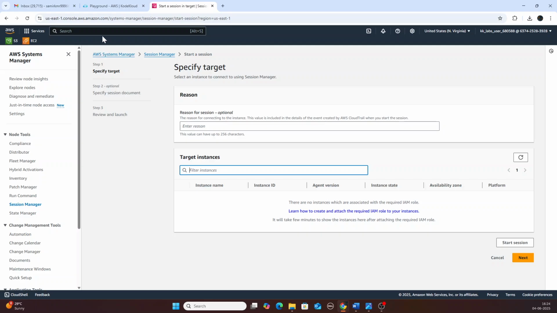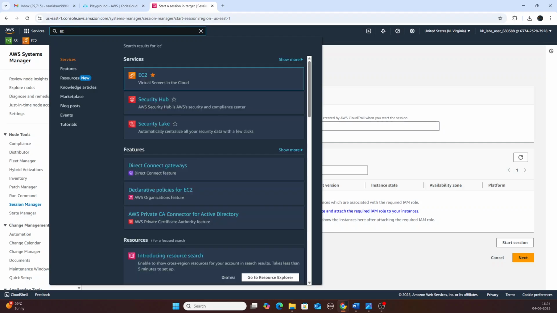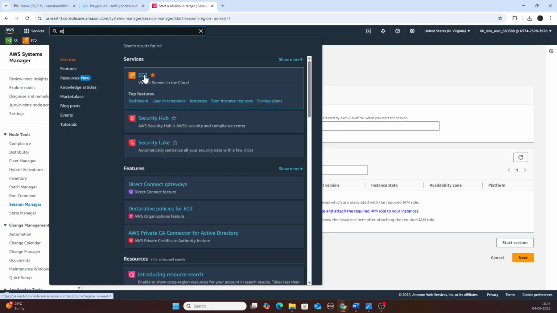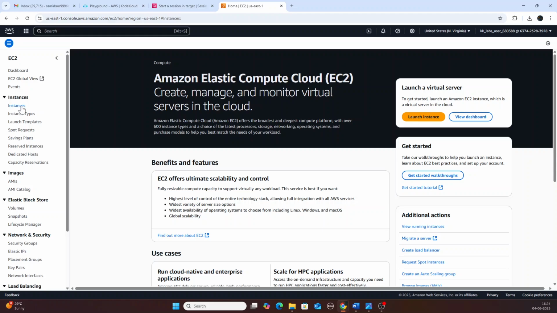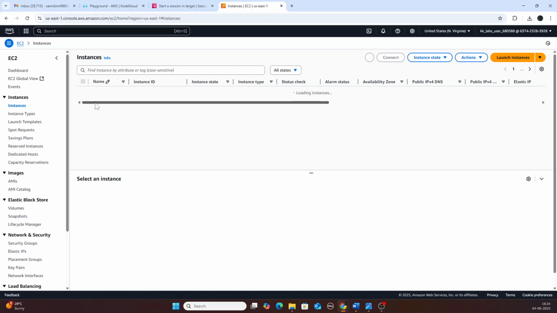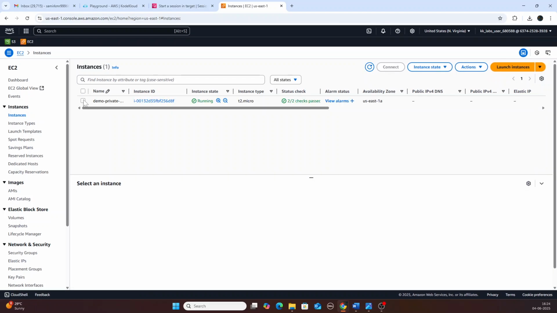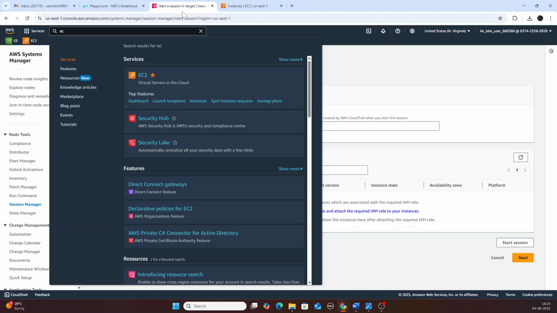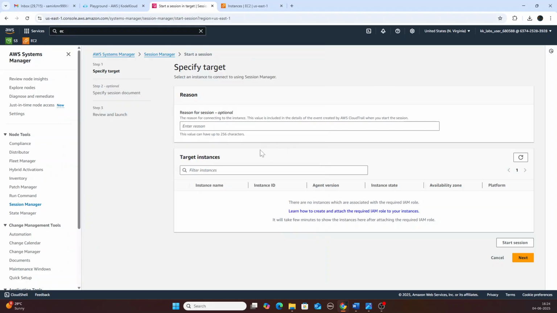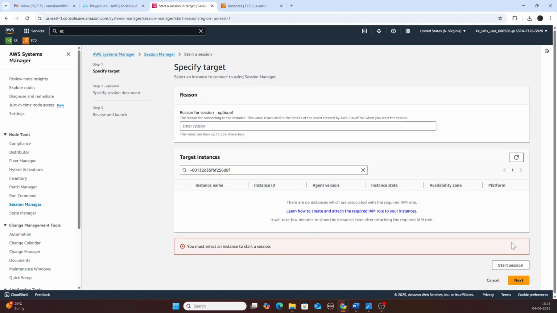First we'll give the instance ID. We go to EC2, instances. Now we'll copy this instance ID, copy it from here, and paste it in Session Manager. If we click start session,